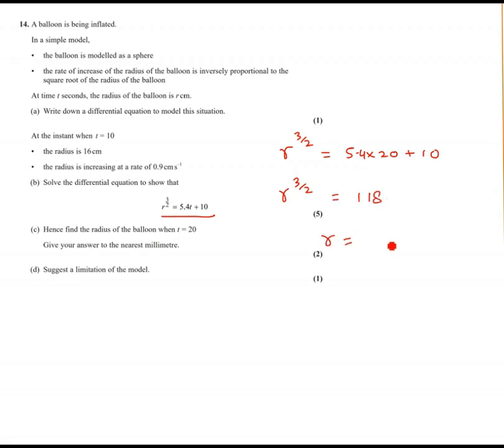Then r will be 118 to the power 2 by 3, taking the power 2 by 3 on both sides. So take the answer 118 and put the power as 2 divided by 3. That gave me